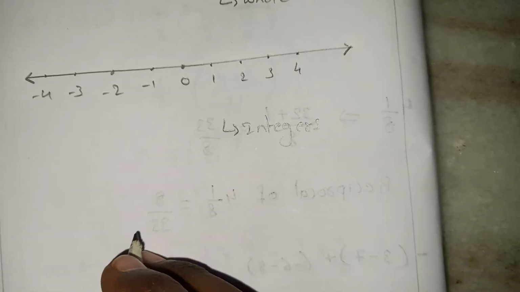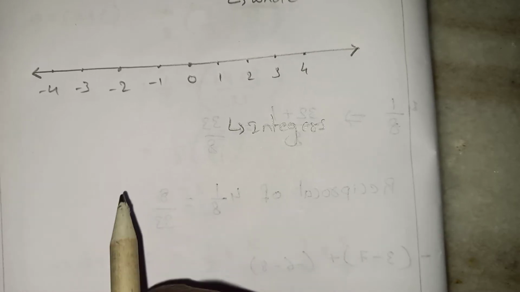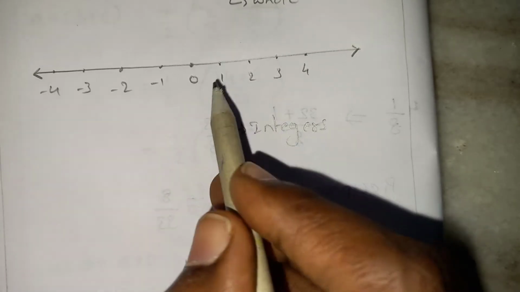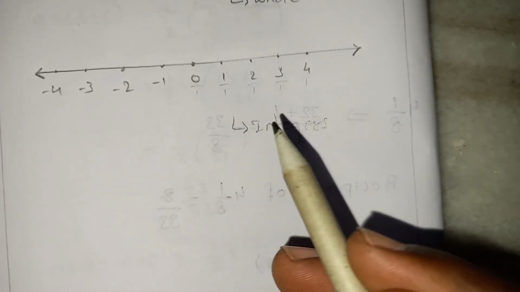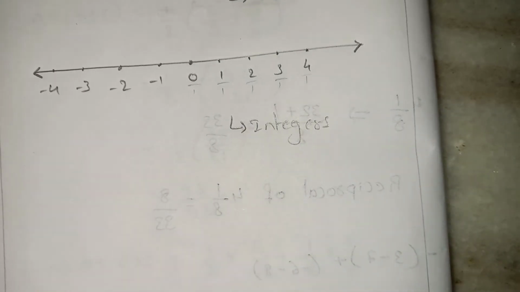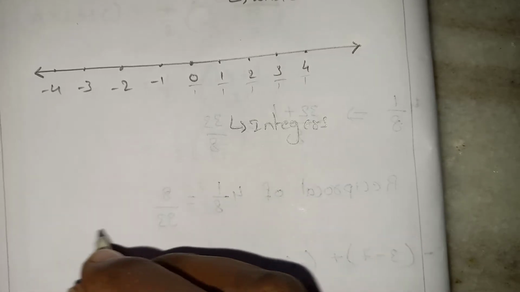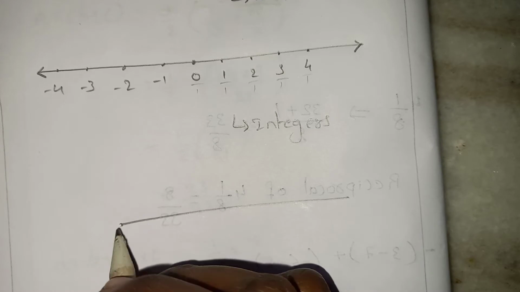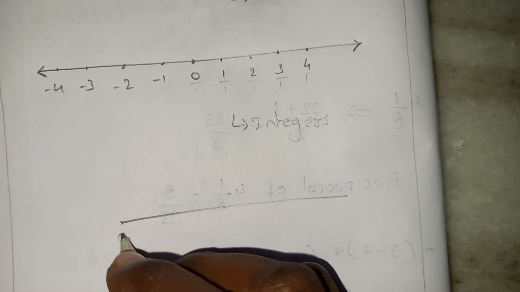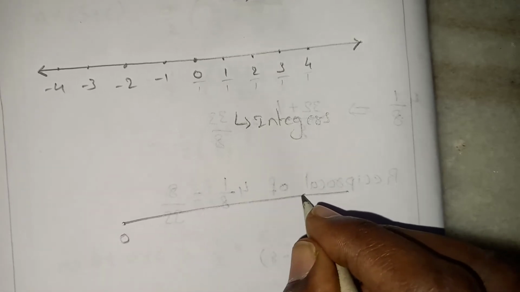Next, when it comes to rational numbers, how can we mention them? The same, right? If you keep it over 1, this will be a rational number, okay? But the parts of the rational numbers, how will you mention them? For example, I am going to take from 0 only. I am taking only from 0, which means you should not keep an arrow mark here. So 0, and assume this is 1.